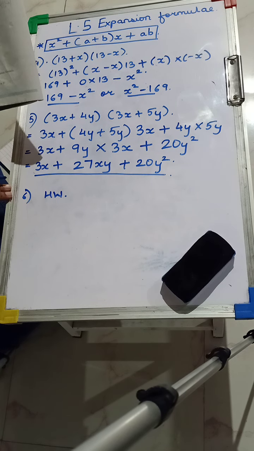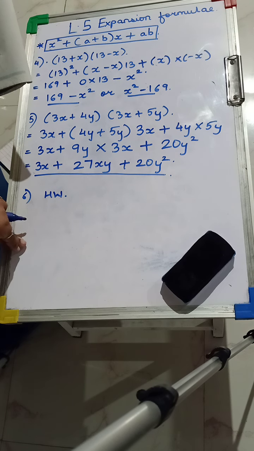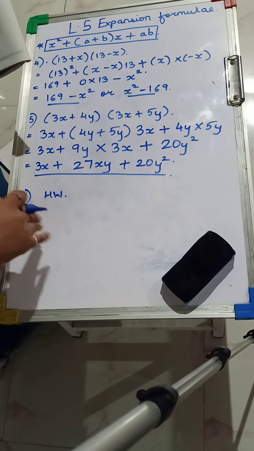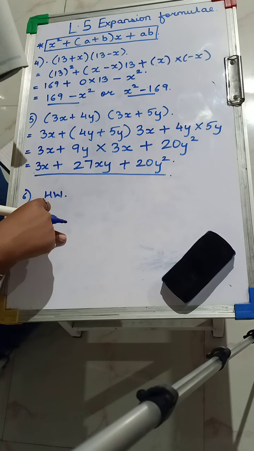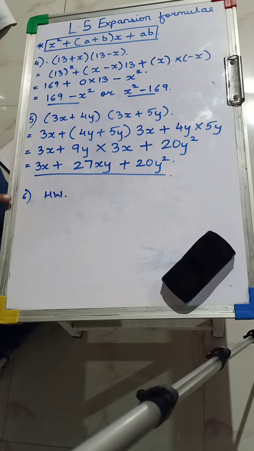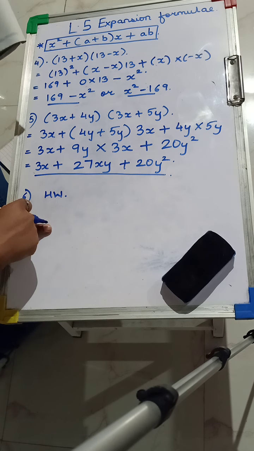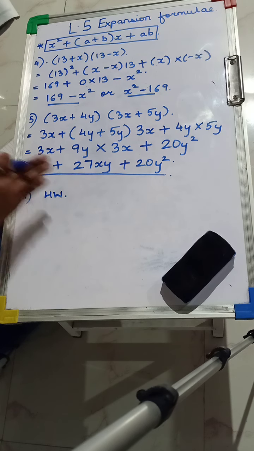For the second unit test, you have two lessons, discount and commission and this lesson. Discount and commission we have already finished, and this lesson today we'll finish with a few exercises. Then tomorrow, Wednesday, we will finish the whole portion for the second unit test. Then we have Thursday, Friday and Saturday, where we can do revision of these sums. The fourth and fifth sums are explained to you. The sixth sum you will do for your homework, using the same formula and doing it in the same way.